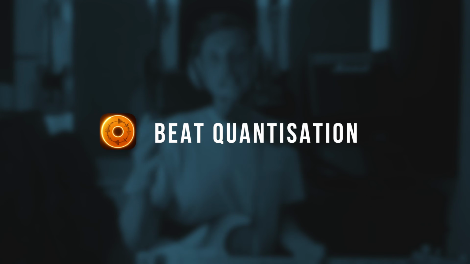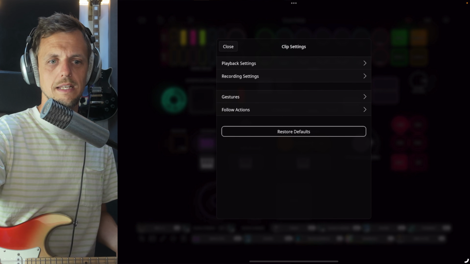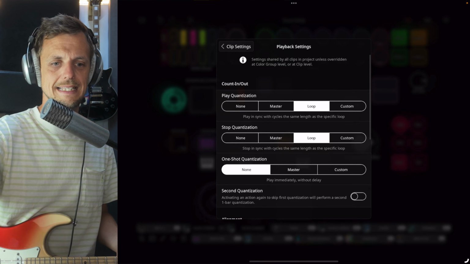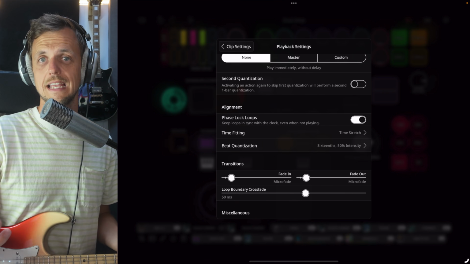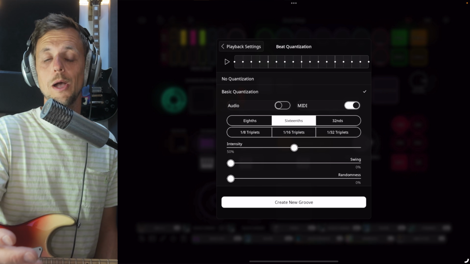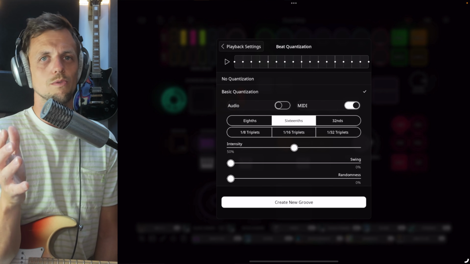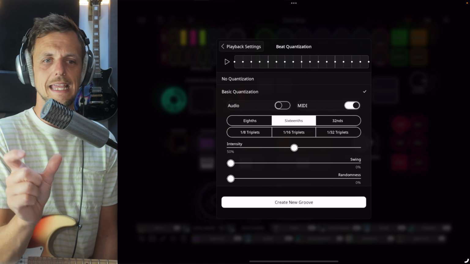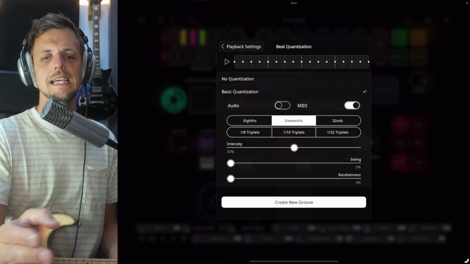Feature number 7, this is beat quantization and record quantization. If we just go into the general clip settings right now, under playback settings, there is a beat quantization setting. And right now you can see I've got it set to 16th notes on the MIDI only. And I like the intensity at about 50% so that it doesn't get too robotic, but it just nudges things back in. You can mess around with 8ths, 16ths, triplets, intensity, swing, randomness, and all of this is applied to